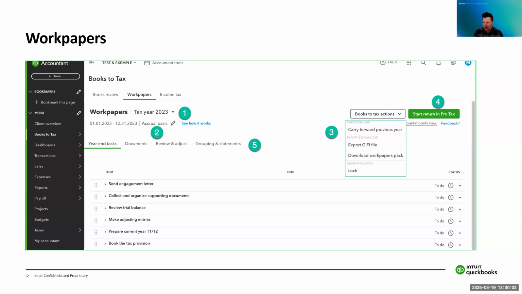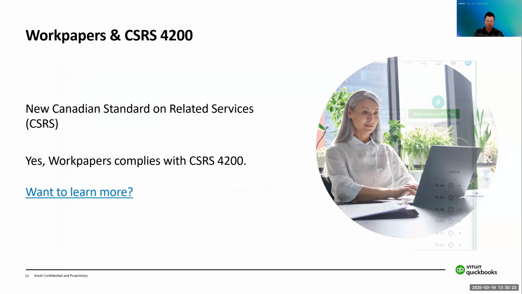The review and adjust tab talks about reviewing the year end and doing adjusting entries at year end. And then grouping and statements is for financial statements for your clients. Most of these are relevant to either T1 self-employed clients or T2 corporate tax clients.